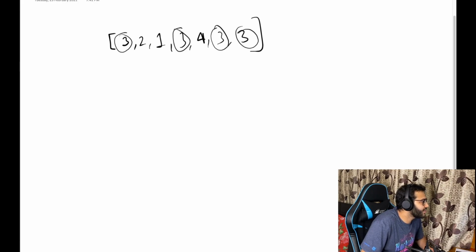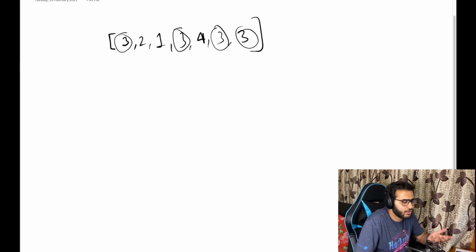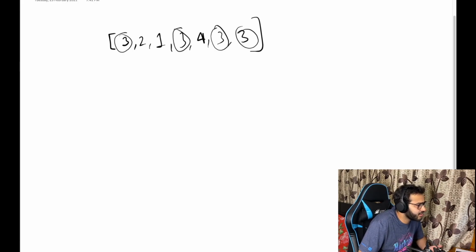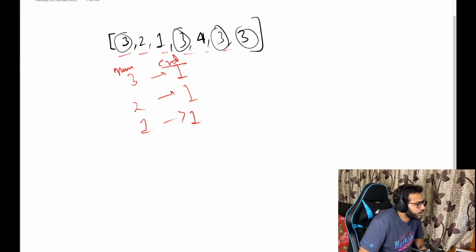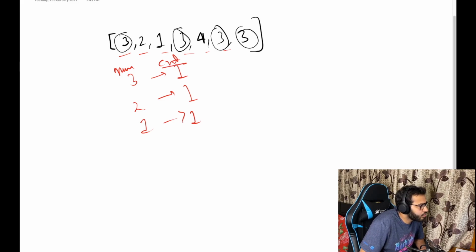But how would we go about solving this problem? Just for the sake of discussing an easier solution which comes to our mind quickly, one solution is to obviously keep a map of the count of all these numbers. Easy, right? Simple. So if you encounter 3, you just store 1, you encounter 2, you store 1, you encounter 1, you store 1. So this is the number and this is the count of the number, right? So 3, 1, 2, 1, 1, 1. You encounter 3 again and you make the count 2. Then you encounter 4, set its count as 1. Then you encounter 3 again and set the count as 3.